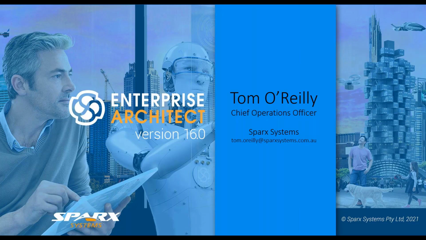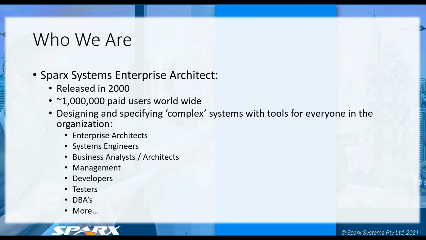So a little bit about us, the obligatory marketing slides. Who we are at Sparx Systems. We produce a piece of software called Enterprise Architect and other related tools around visual modeling. We first released in the year 2000, so we've had just over 21 years' worth of commercial development going into the software now, which is pretty cool from our perspective. We have approximately just over 1 million paid users worldwide. So that's users who have pulled out their credit card, bought a license, and are or have been happily using the software. So we appreciate everyone's support over the last 21 years in that regard.